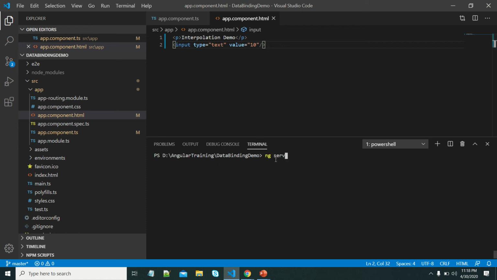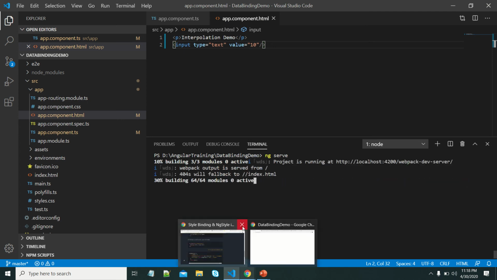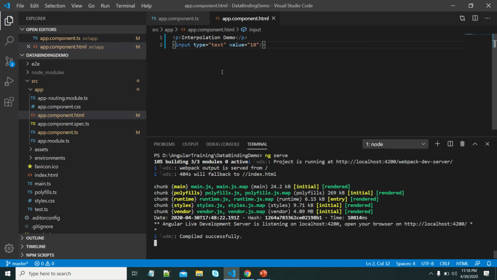Okay, let me run this. Yeah, we can see that the text box is displayed. Okay, now let me try to write interpolation.